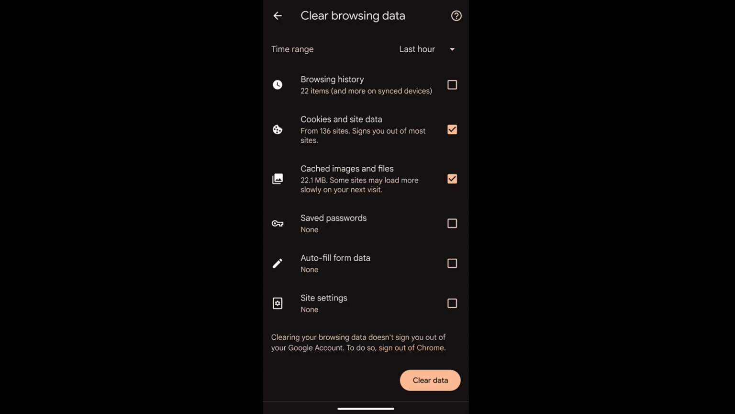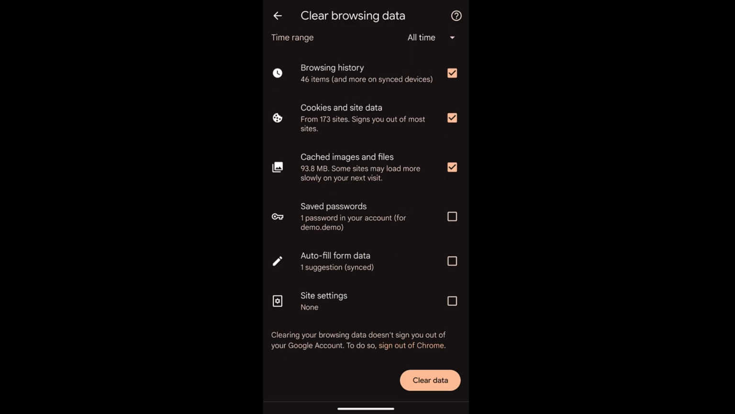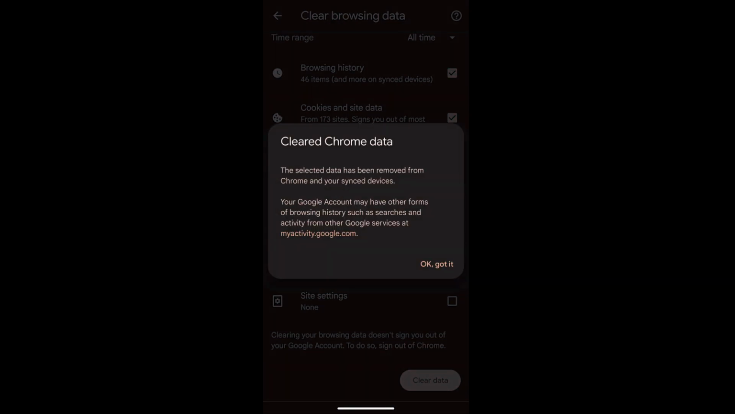Now if you want to clear all the browsing data, you can choose browsing history, cookies and site data, cached images and files checkboxes, and from the time range you can also choose all time, which will display what amount of the data will be deleted. And once it is selected, you can tap on this clear data command and choose clear command, which